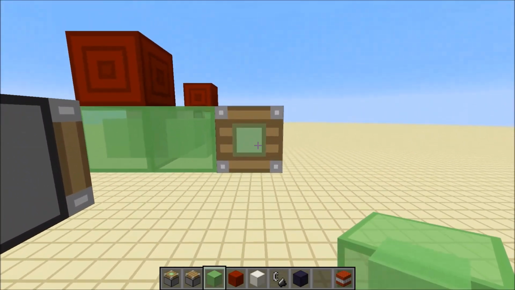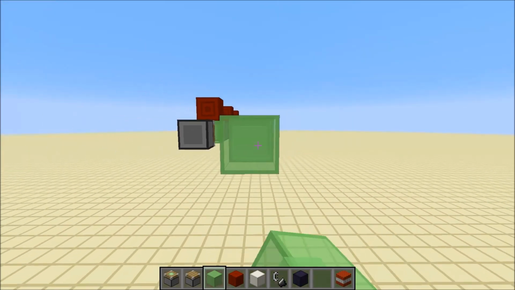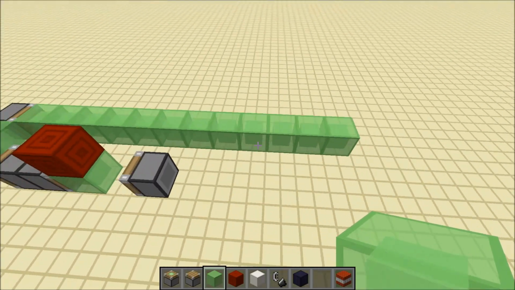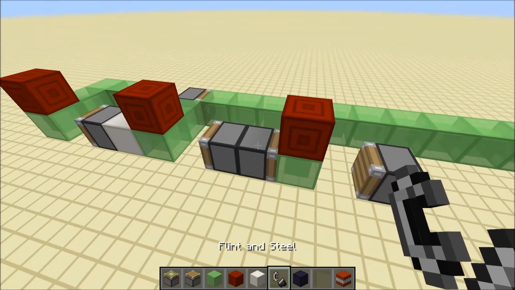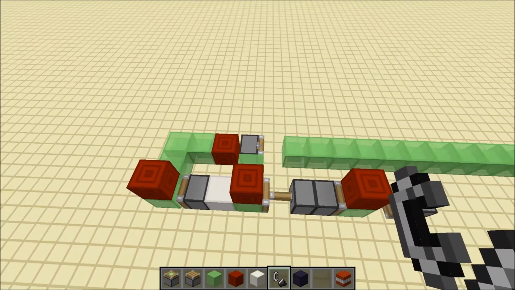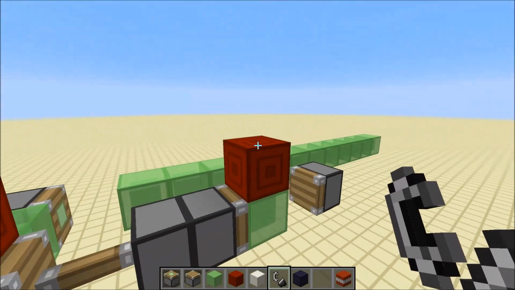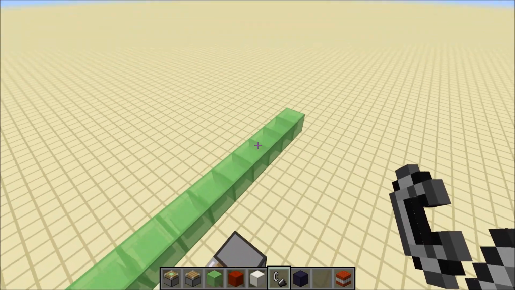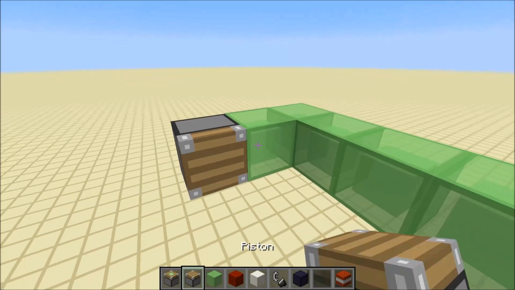Which is awesome, which means that I can now have like 1, 2, 3, 4, 5, 6, 7, 8, 9, 10, 11, 12. Is that 12? Looks like 12. I can have like 12 blocks there just being dragged along by my sticky piston because I'm extending it and then unextending it. Extremely useful, and I hope you understand that I can make this go around the corner